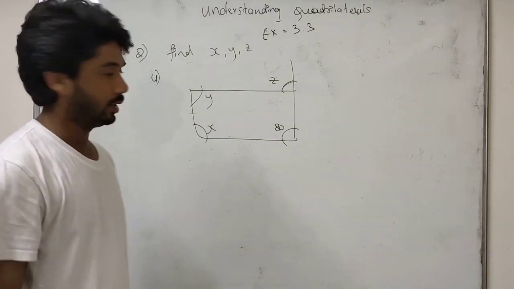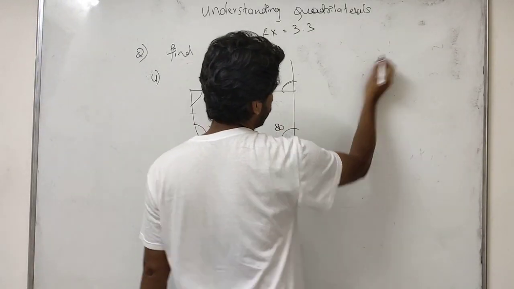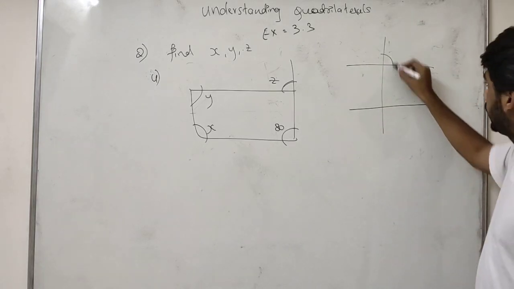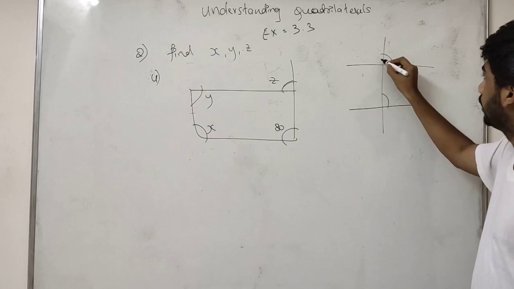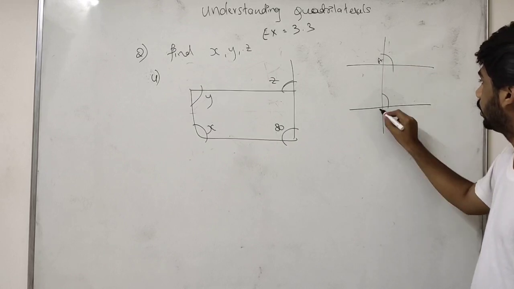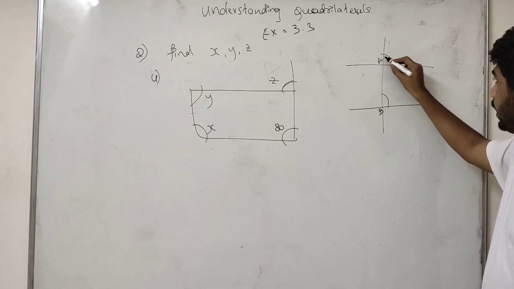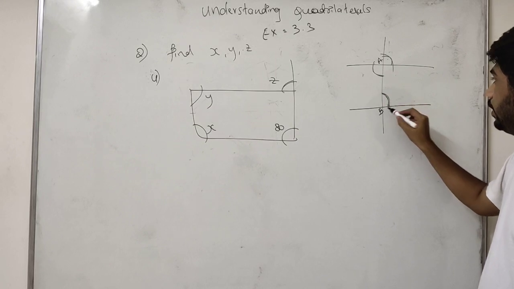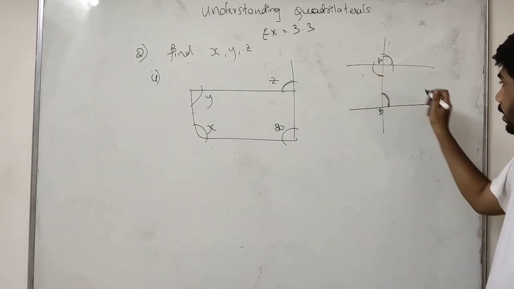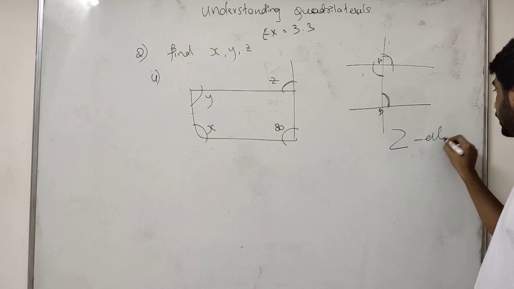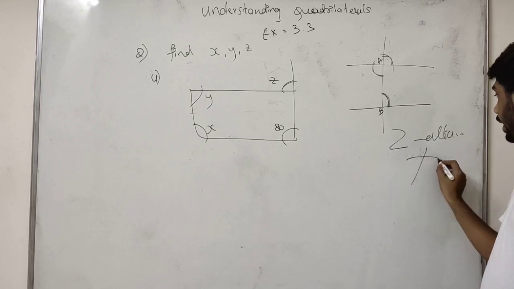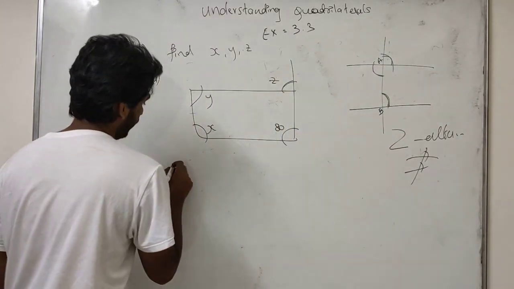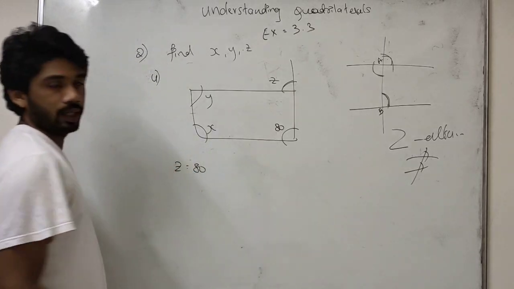Y means corresponding angles. So I will explain the concept. In any figure like this, this will be corresponding angles, and this angle will be alternate angles. If a Z shape is coming, it means alternate angles. If a line is there, here there will be corresponding angles. Okay, we must know this. So angle z will be 80, because it is a corresponding angle.